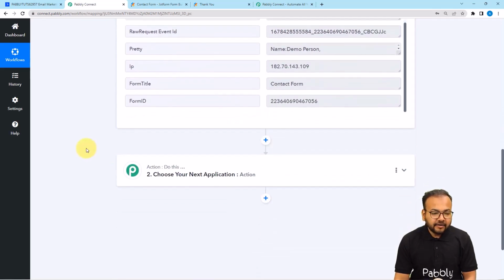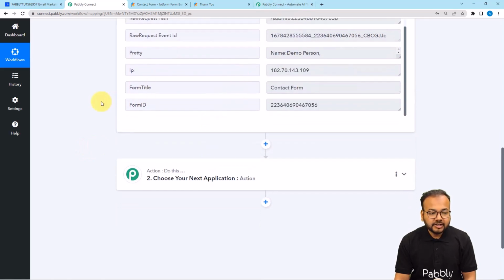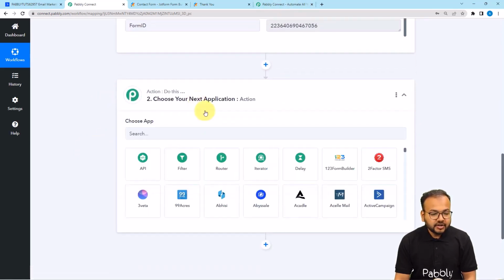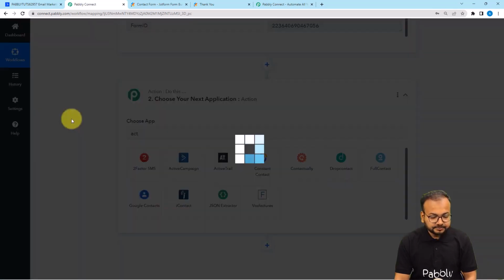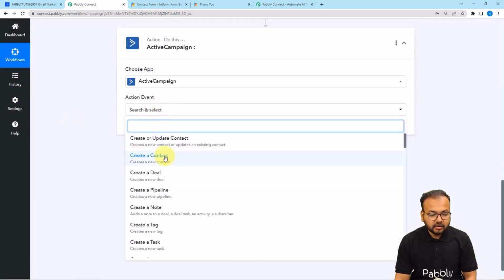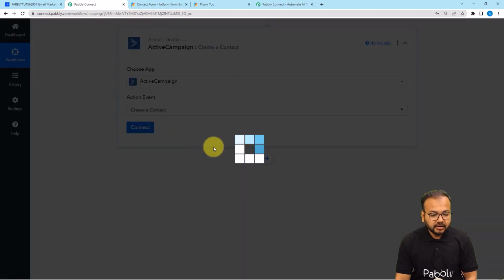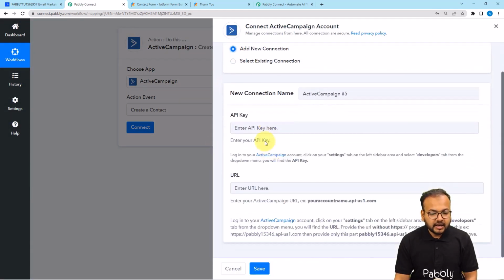Now guys, I want to create a contact with the help of this information in ActiveCampaign's application. So our action application will be ActiveCampaign. So search for ActiveCampaign here. Then select the action event as create a contact. Then click on connect. From here, select add new connection, and here it will ask for the API key of